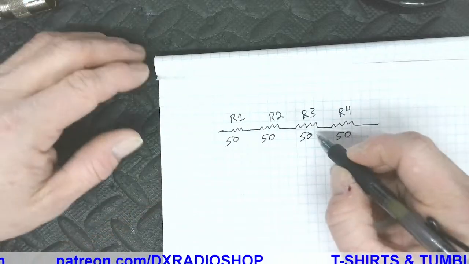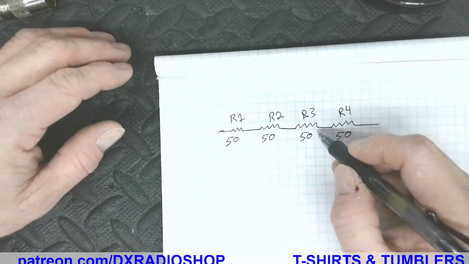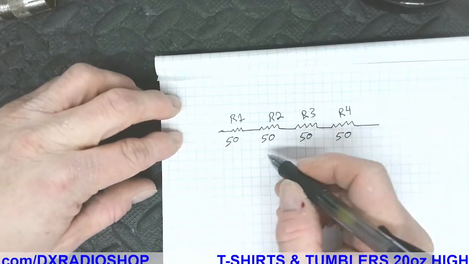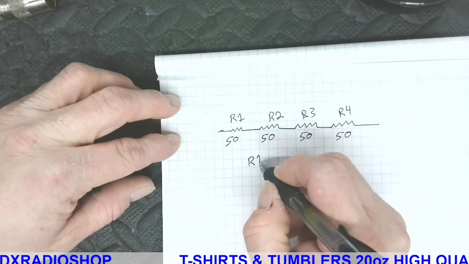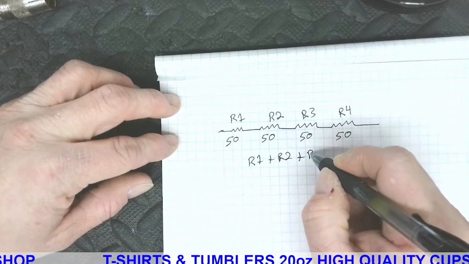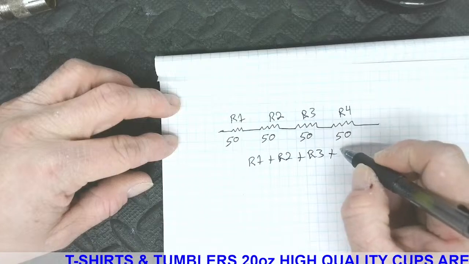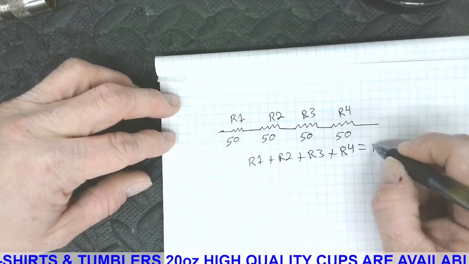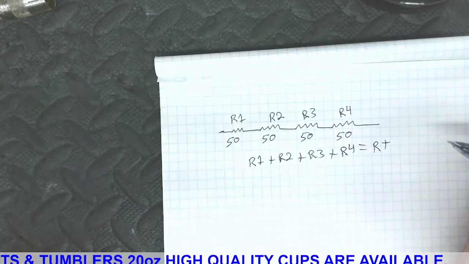So basically what you do with the resistors in series, you're just looking for a sum. So in this case it would be R1 plus R2 plus R3 plus R4 equals RT, which is our